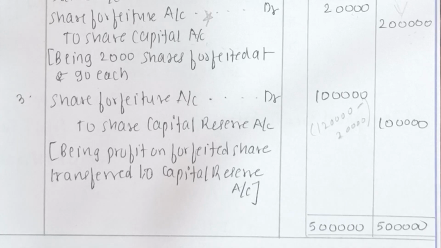Also, if you all want to learn the entire chapter, then again I will say that please study it according to the sequence, because if you study the last part, that is reissue, as the first part and then the subsequent ones, then it will be very difficult for you to understand. So it is very important that you start from the beginning. You first start with the meaning of shares, what are the different types of share capitals, then you study the pro forma journal entries, then you study about when the shares are issued at par, when there is over subscription, when there is under subscription, when the shares are issued at premium or discount, then there come calls in arrears, calls in advance, forfeiture, reissue, and so on. You study it in this sequence, only then it will be easier for you to understand.